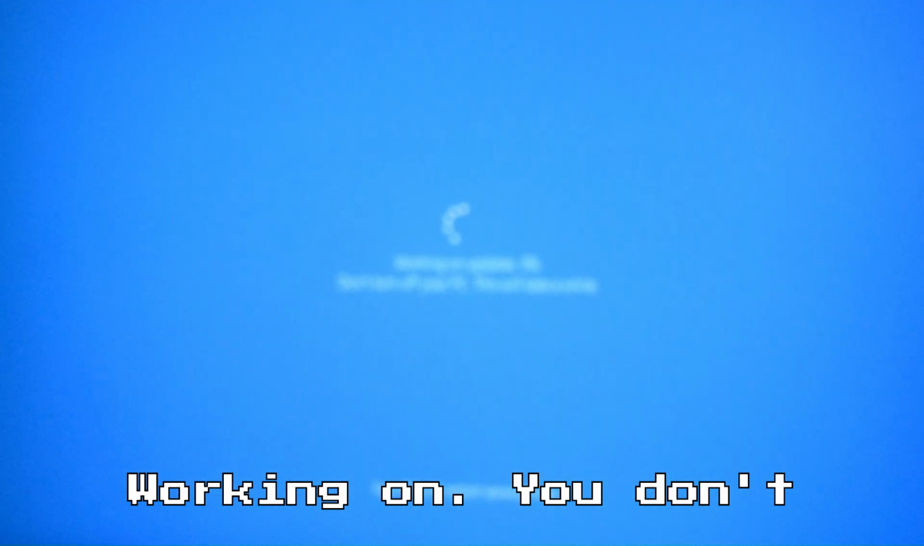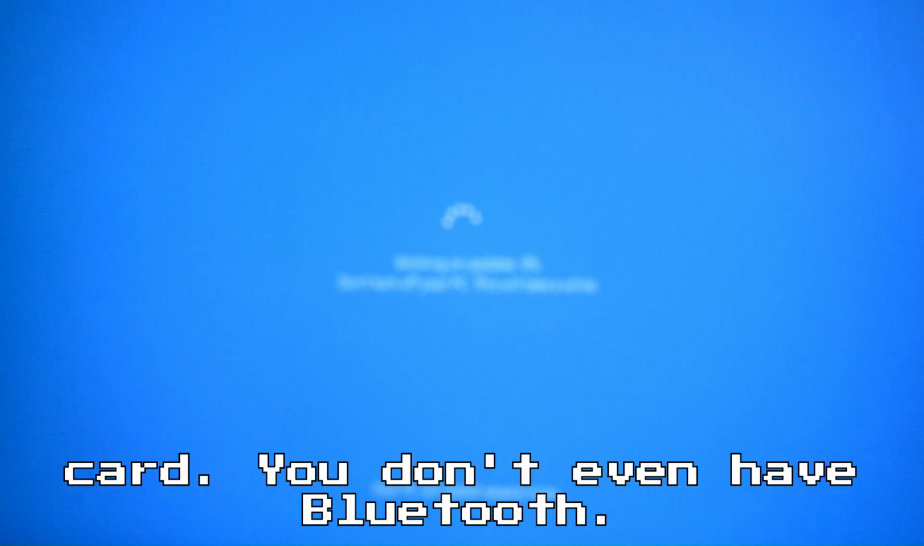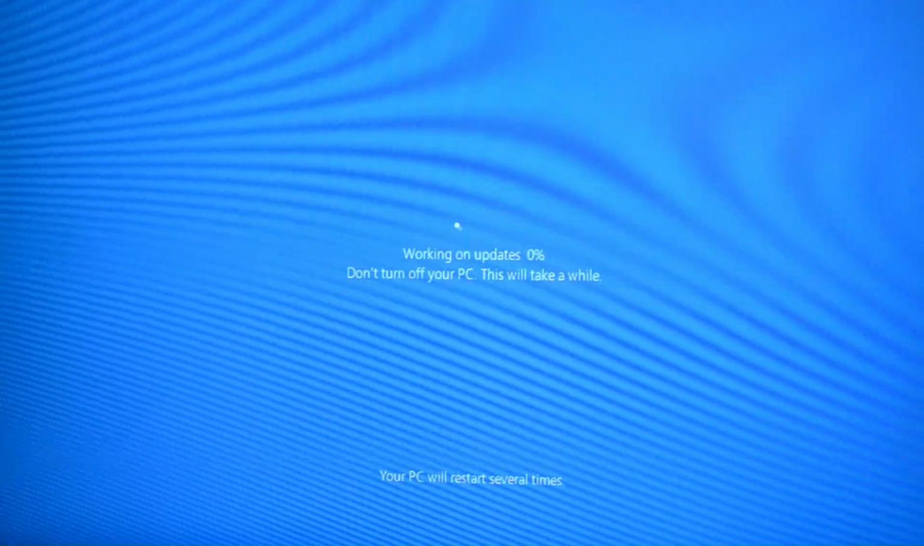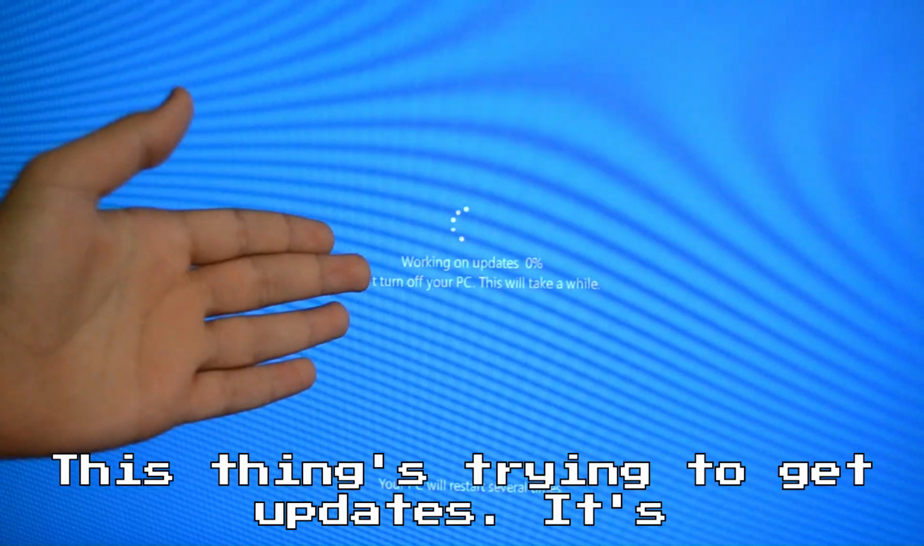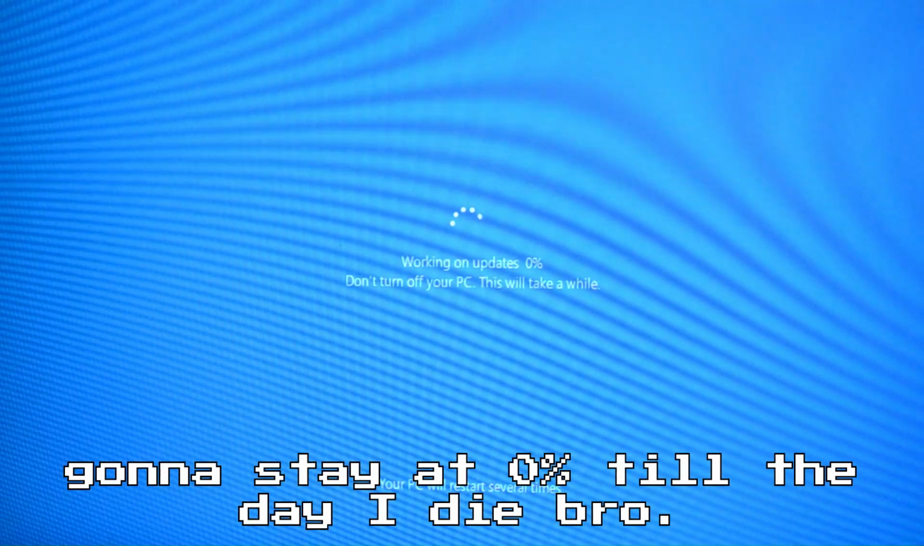Working on... You don't even get updates. You don't have a Wi-Fi card. You don't even have Bluetooth. How are you getting updates? This thing's trying to get updates. It's gonna stay at 0% till the day I die,